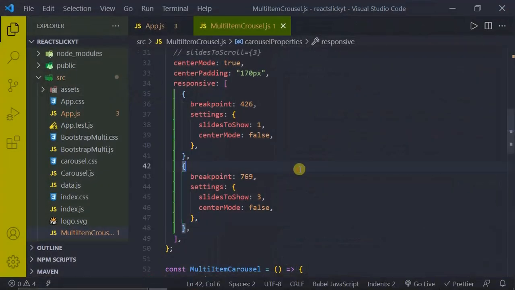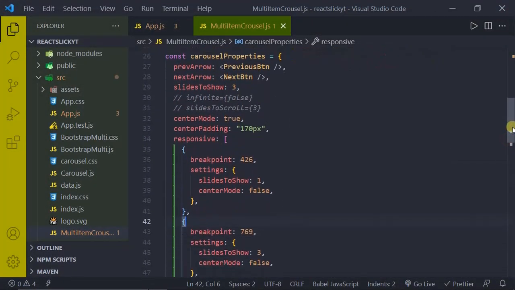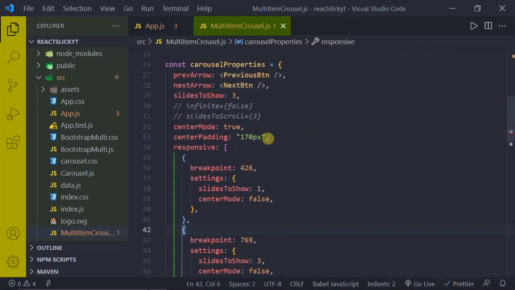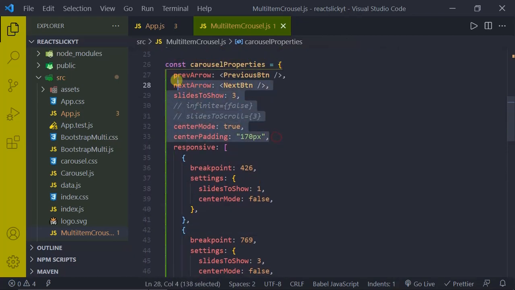See here what is happening. The props, that is the properties which we set outside this responsive prop, will be applied to every width, that is to every screen size.